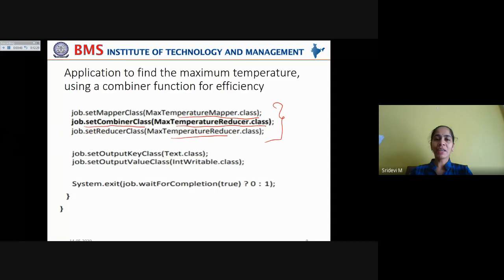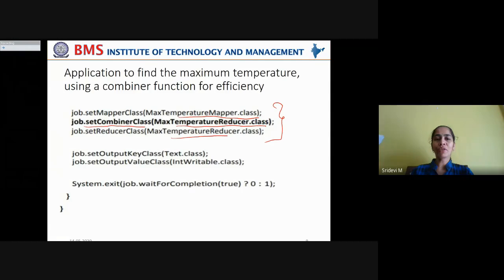I'm repeating once again, when you set this combiner class as a mediator between the mapper class and the reducer class, this combiner function runs on the output of the mapper class and it minimizes the data that has to be transferred between mapper and reducer.